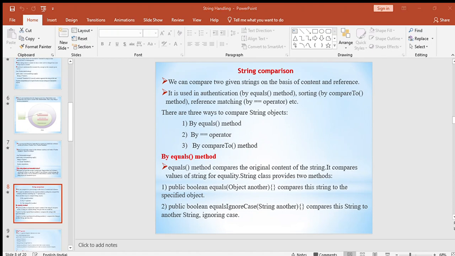Starting. So now string comparison. If you want to compare the content of any string or reference of any string, we need to go for string comparison. Let's say for example, string s equal to abc, string s1 equal to xyz, and string s2 equal to new string of